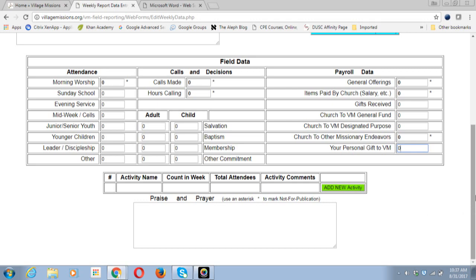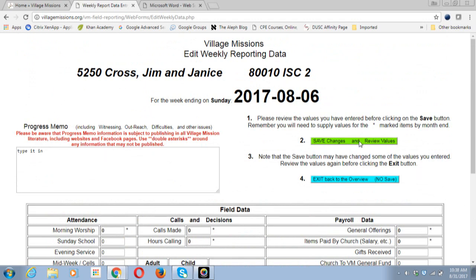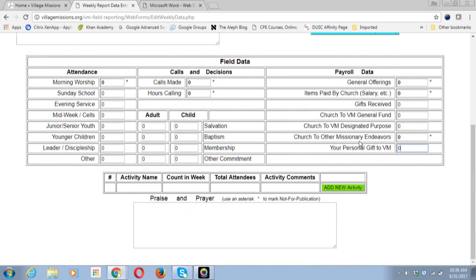After you get through this data, I highly recommend that you go up and do a save. It's not uncommon for many of you to still be on dial-up or an internet that's very sketchy. This screen does not save as you put it in. So it can be very frustrating if you fill out all the information and you find out that as you were entering all your information, your internet disconnected. And you're going to have to enter it all over again. So if you are one of those people who does not have the most reliable internet connection, save often so that you don't get caught in that